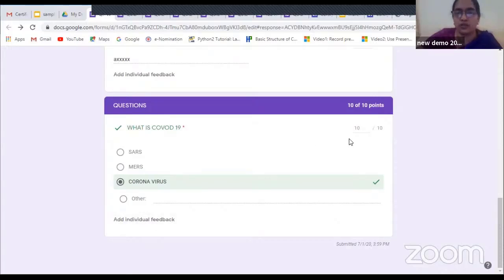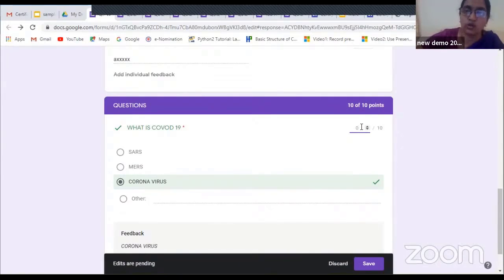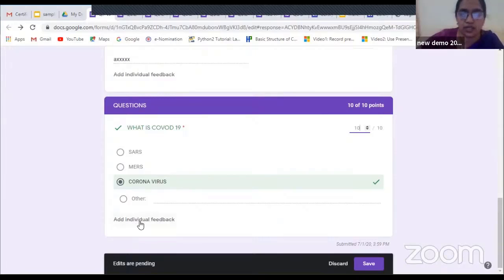So here the score, at the time of the test, the correct answer is coronavirus. So 10 points are given here. But suppose SARS is given, it will give 0 points. So if you think that both of them are correct, this is near and you want to give the marks, you can also modify that. Suppose you had 0 marks earlier, and you want to change it, considering that it is the nearest answer. Then in that case, you can give the feedback if you want, and then save the changes, whatever modifications. Or if you think that the answers they have given are correct only,